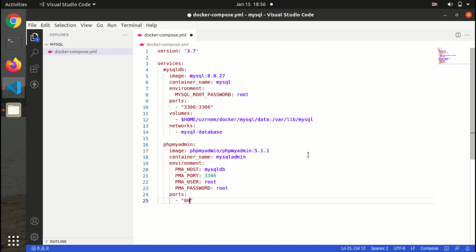Here we don't need to bind a directory. We'll join the MySQL data network to the phpMyAdmin service to access MySQL data.